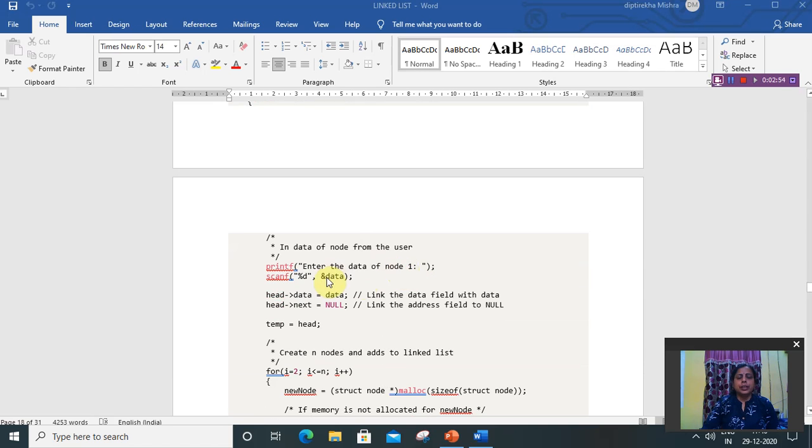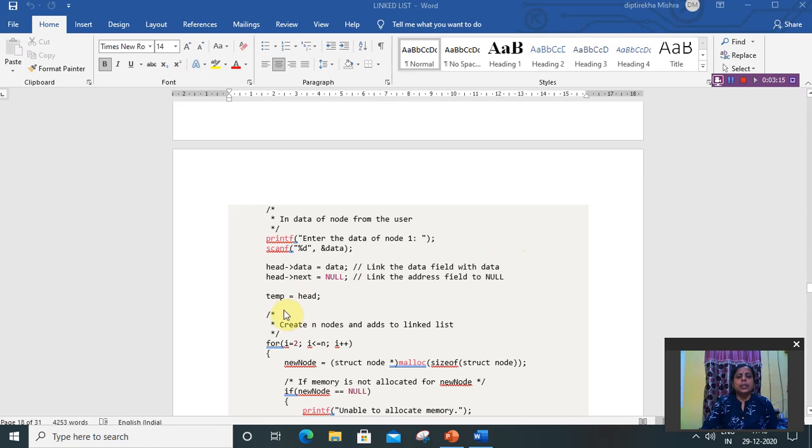Else, it asks for the data of node 1 and saves it in data, and in head data it will store the data, and in the head next portion it stores null. Means it is a single node having data, and in the address part it has a null value. Then temp equal to head means the head is named as temp.